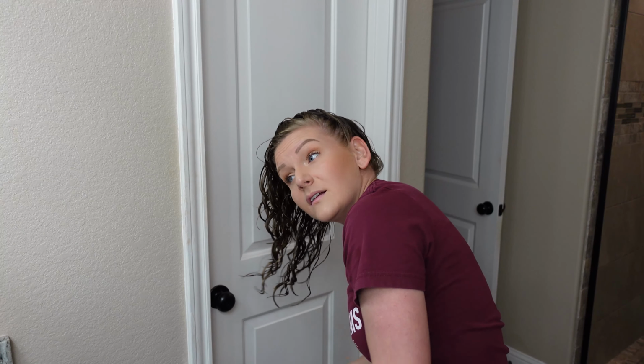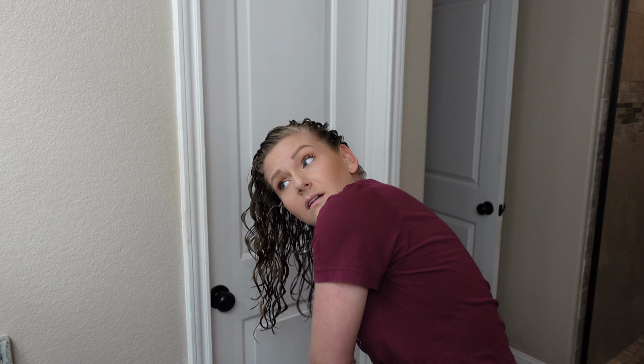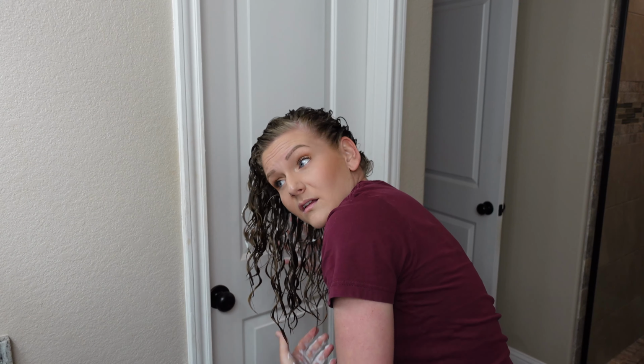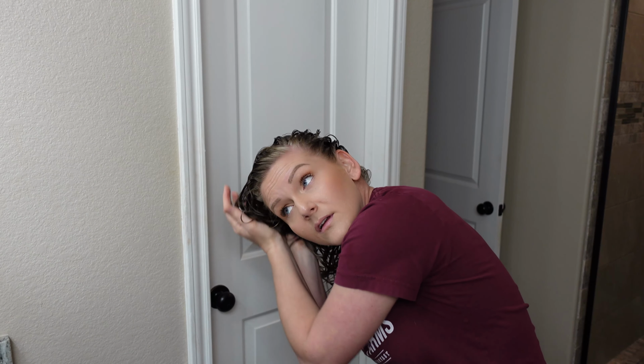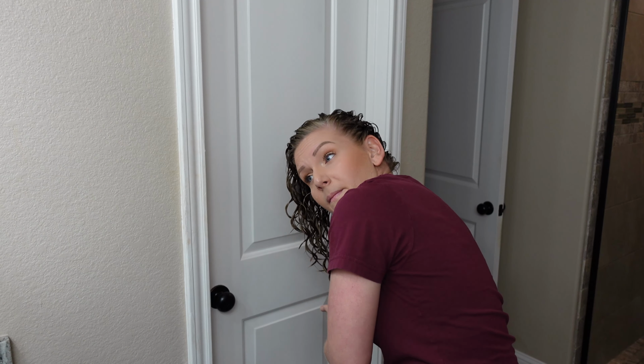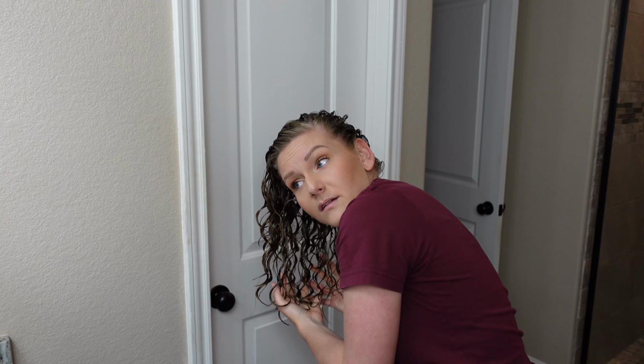I am going for the same feeling that I went for with the foam. As soon as I feel full saturation when I scrunch, I know that I have gotten enough product. I am just going to continue applying product here until I feel like I have a similar amount and distribution in my hair. If this was 2 gels, I could measure it with like a teaspoon measurer, but it's